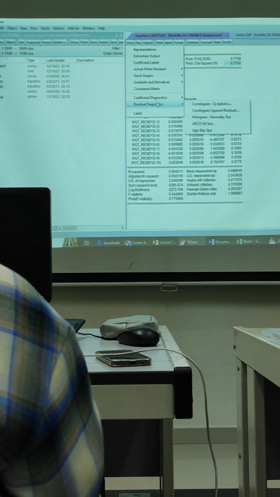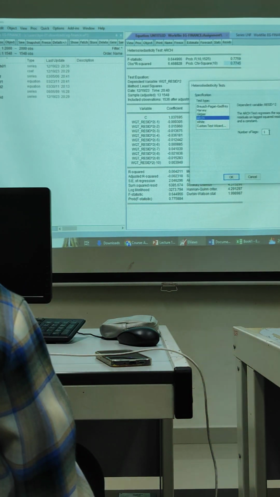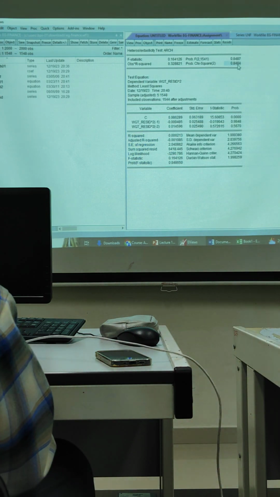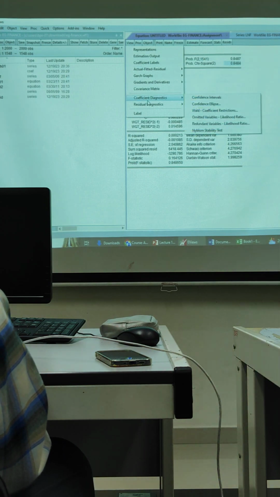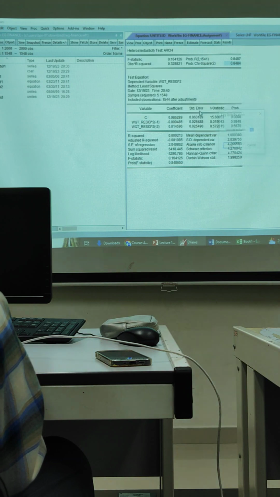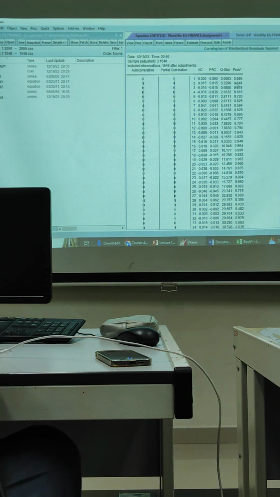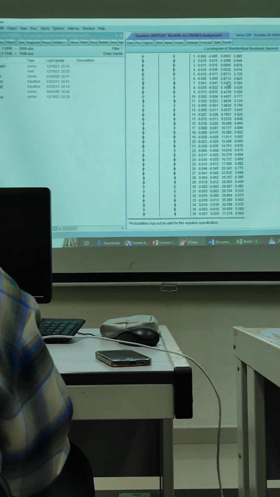Because now I test 2, 4, 10. So ARCH, let's test for 2. Also not significant, 0.8. So what can I say? We also can take a look at the correlation of the squared residuals. When I test for autocorrelation, it is also not significant. So this GARCH model is actually better than the ARCH, right?